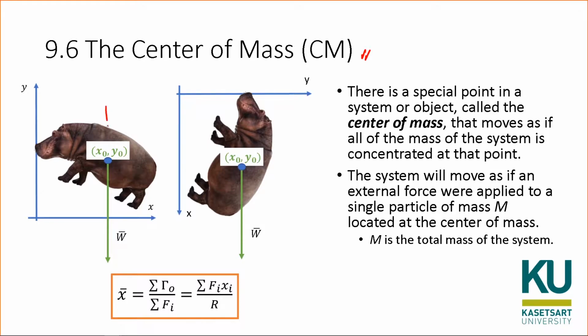In fact, it comes from when you hang an object of irregular shape. In this case, it is a hippopotamus. The center of mass, or center of weight, or center of gravity, is where all of the mass is represented. So this point represents the center of mass. What does that mean? That means all the weight goes through this point. If you hang this hippopotamus like this, the weight is going to go down through the center of mass or center of